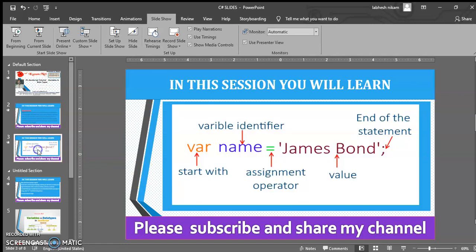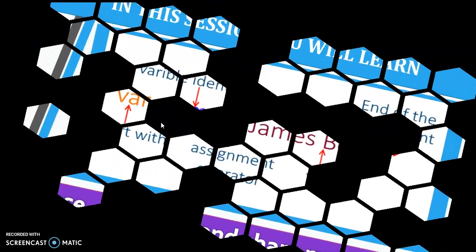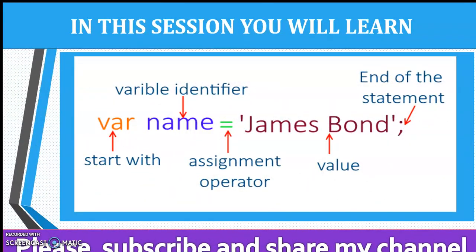So now let's check how to define variables, how to give the definition of the variable, and how to assign the value for that variable. You will declare the variable like this, with the name of the variable. This is called the definition.